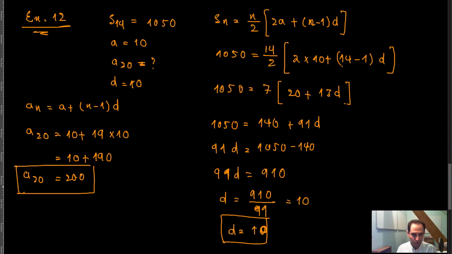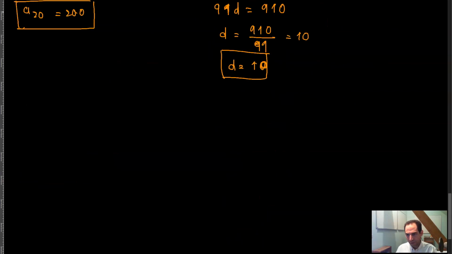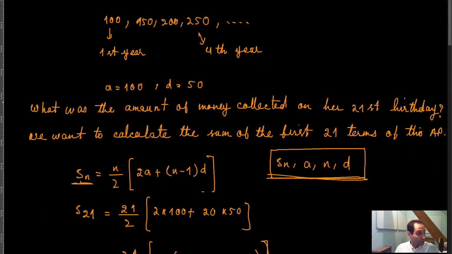That means that the 20th term is actually 200, right? So the next question that we have is